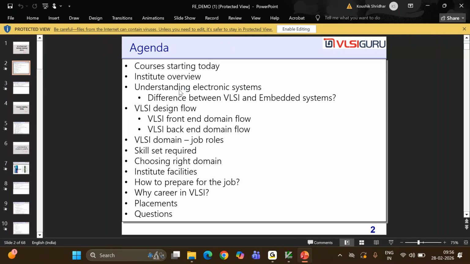Every year we start 2 to 3 batches onto jobs, and we will be providing job placement support. Basically, this front-end demo training for